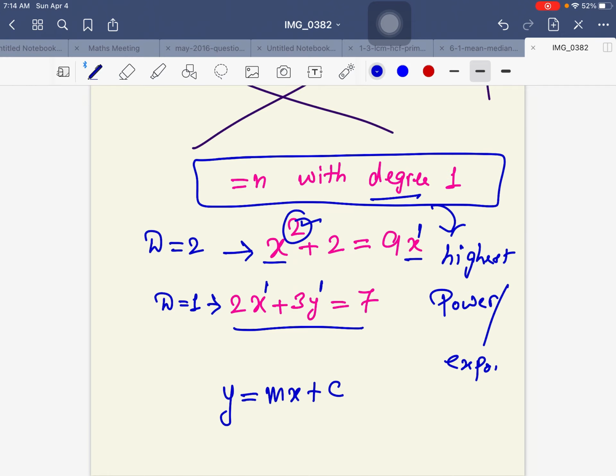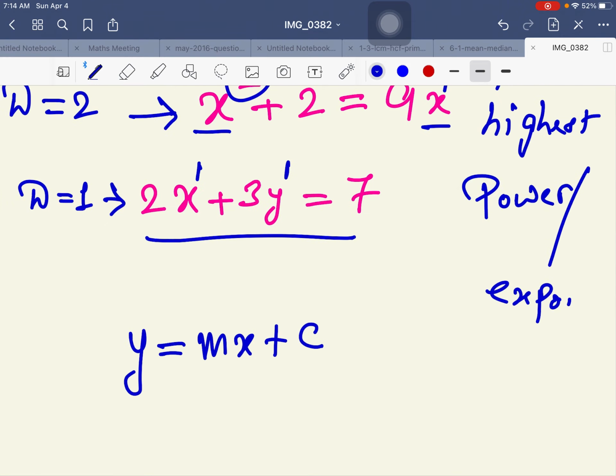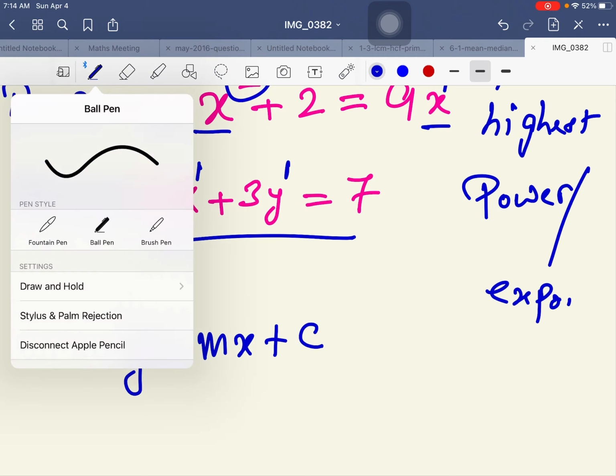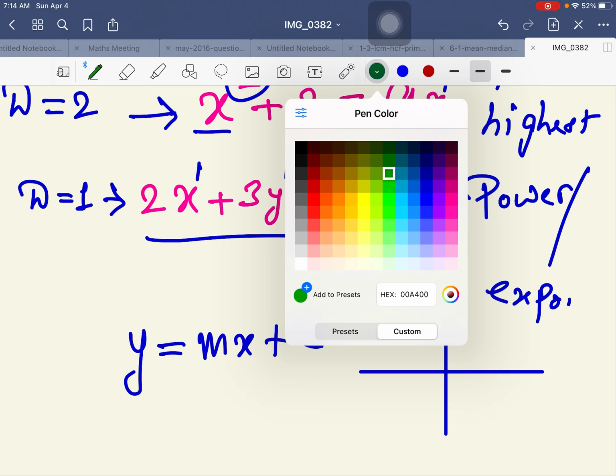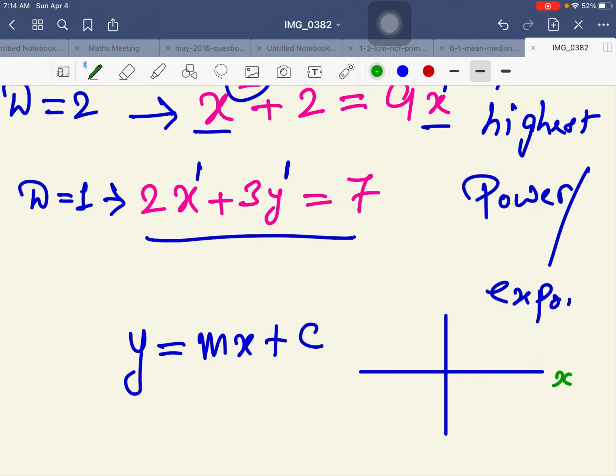What is m and c? I'll explain with a small diagram here. See, I draw axes here, this and that. Suppose this is the x-axis and this is the y-axis, and where they intersect is called the origin. Origin has coordinates 0 and 0, right? So when we talk about y equal to mx plus c as the equation of a straight line, short form st means straight line.